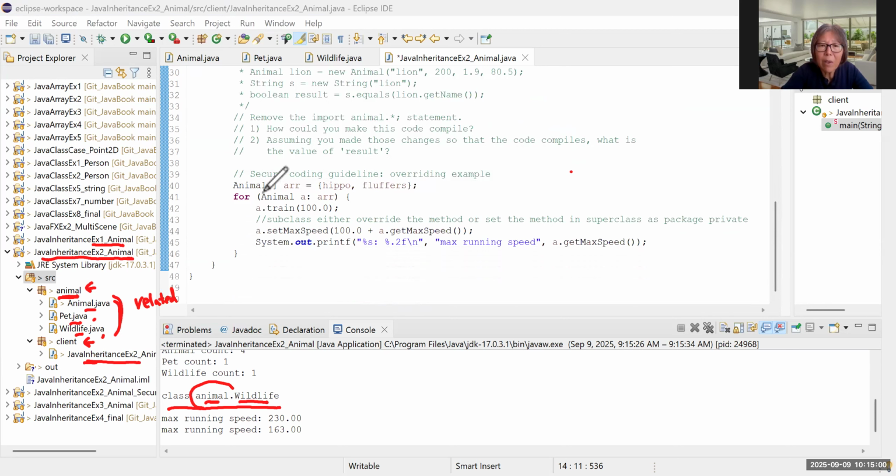So here we create an animal array, and it's initialized with hippo and fluffer. Hippo is an animal, fluffer is a pet. Then within the loop, here is a for each loop. For this for each loop, you call the train method. So for hippo, it will call its train, and for the second one,